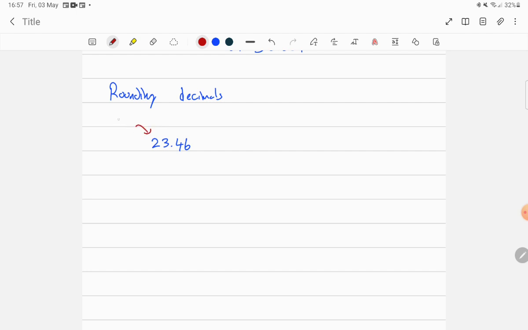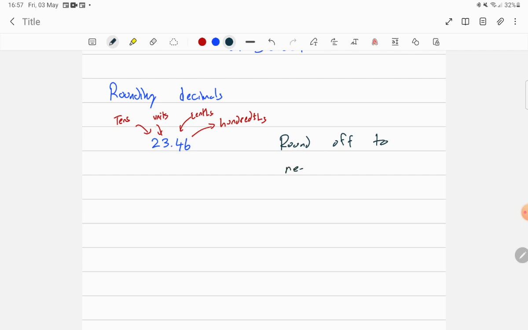This one is tens. This one is units. This one is tenths. This one is hundredths. All right, so rounding off here, let's say round this off